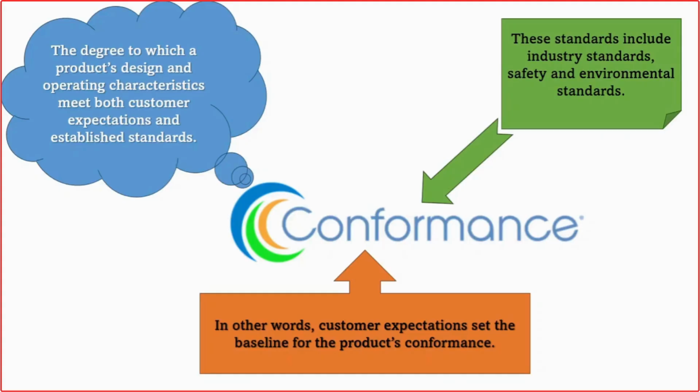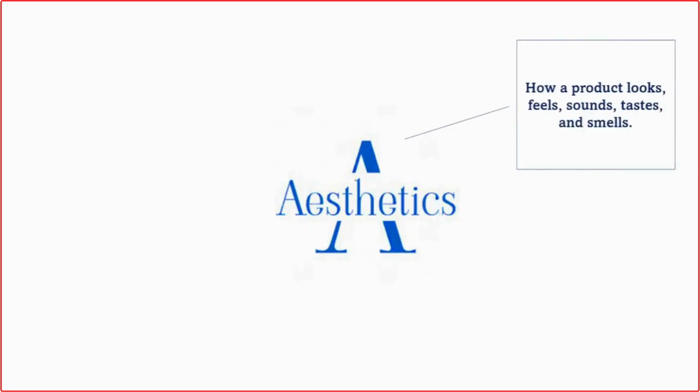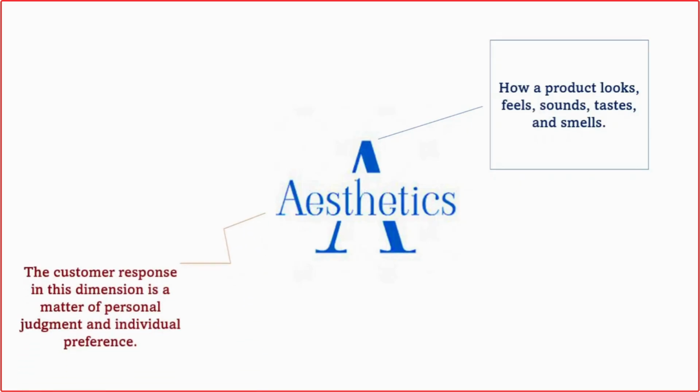Now shift to the next one. So what is the next one? The next basic dimension of quality is aesthetic. Every user wants to have a beautiful product, and what do aesthetics mean here? How a product looks, feels, sounds, tastes and smells, because everyone wants to have a good product. Now come to the next point: the customer response in this dimension is a matter of personal judgment and individual preference, because every individual's choice is different. They have their own taste in terms of sound, taste, look,